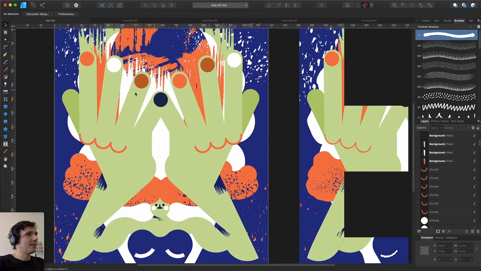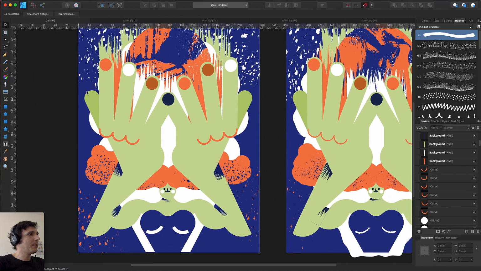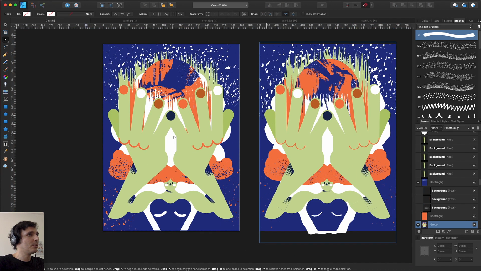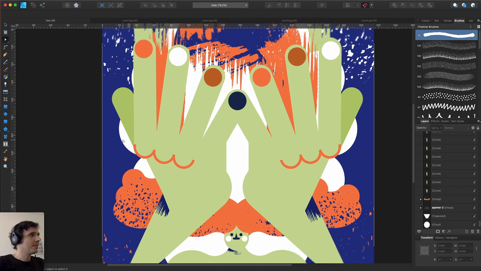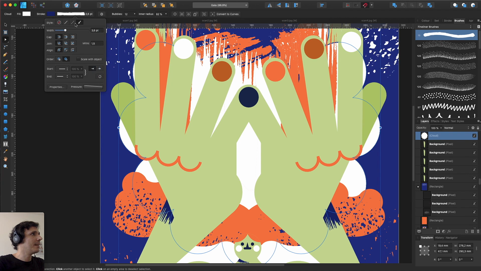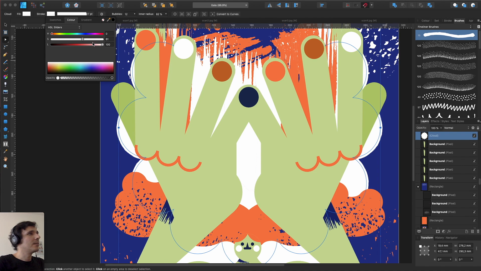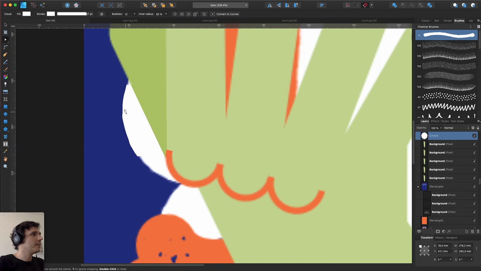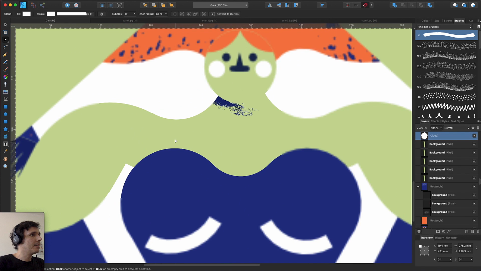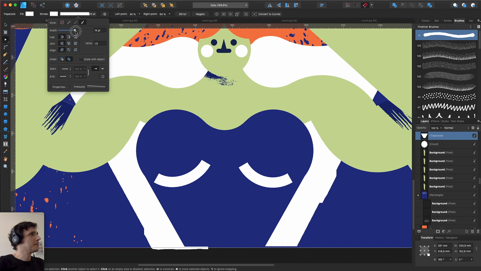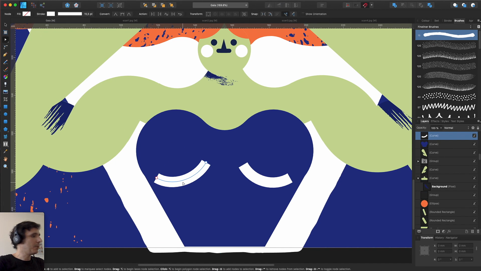So, for example, this perfect form here, this cloud that you have on the background, you can turn it into something much more appealing by just adding this vector brush. Just select the vector brush and then really exaggerate a little. So I just have to put it white. So as you can see, it's not so perfect anymore, and that's really cool and appealing. You can do the same here with this. And the same here with this.